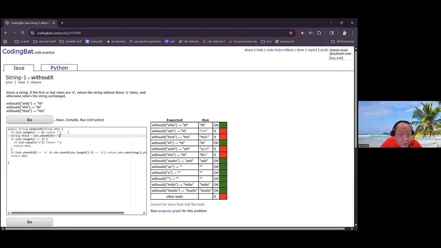Equals x question mark x, I'm sorry, question mark should be empty string. Otherwise it will be str the substring, zero and 1, the first letter. So here, if str the length equals 1,